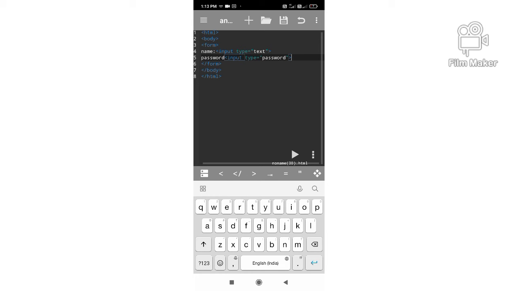I will make one more, that is email. So email, and I'll again put this and input type is equals to. Make sure that your spellings are correct. If your spellings are not correct, then the result will not come, the form will not be created. Like if I write here input type is equals to this, then my email, that colon will not come. I'll show you, let it be like this only. I'll not write the correct spelling so that I can show you. So I'm closing this. Now let's see the result.